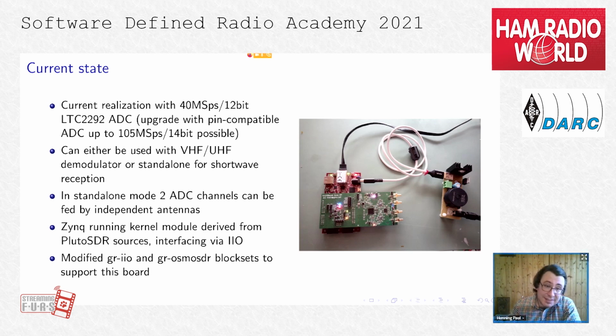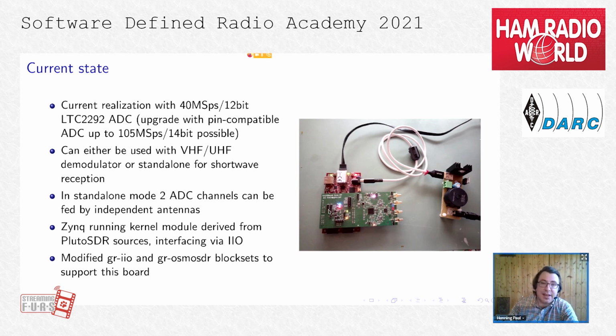This is a dual channel ADC because you need it for IQ, obviously. But of course, if you don't use it with an external modulator, you have two independent differential inputs. You see 4 SMB connectors because we have a differential input. There's a fully differential programmable gain amplifier on this board that you can also set via software, identically to how you would set the gain of the Pluto SDR.